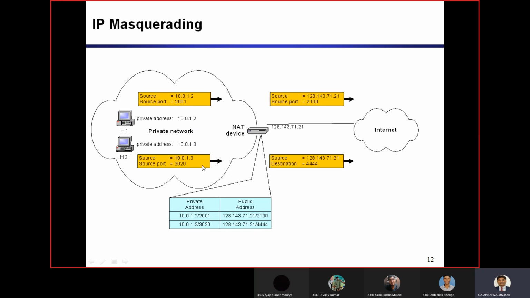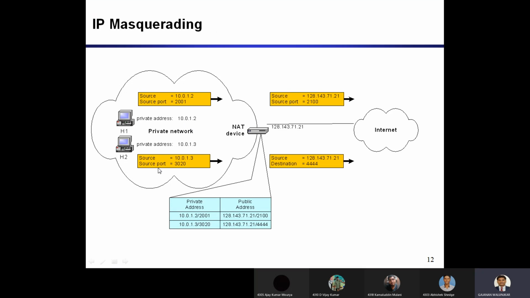Right now, their related public. Now here only one public address is specified, 128.143.71.21. That is there. But now these two hosts want to communicate through the single public address. Now how to do this? For this, whenever you are sending the source packet, you are mentioning the private address along with the source port. So you are mentioning the port number, say 2001. So here you are mentioning